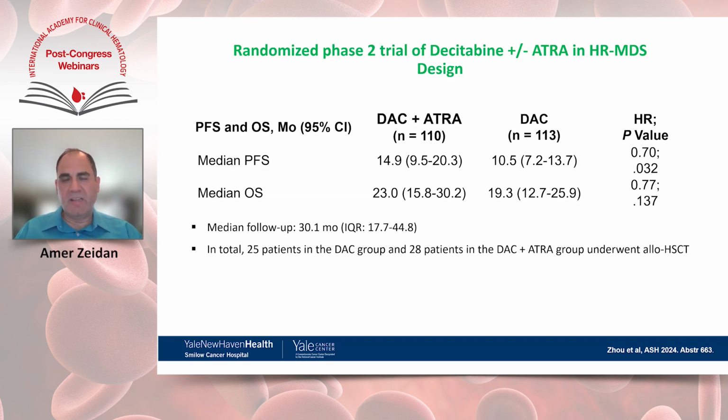However, I would note here that a phase 3 trial has been reported in a press release combining tamibarotene, which many people think of as a super ATRA, also an RARA super agonist, and that phase 3 was negative for the CR. So it's not clear to me how this data will move forward. I think we need to have a bigger study, but it's not clear that this study will move forward. I personally would not recommend using this combination outside of clinical trials at this point.